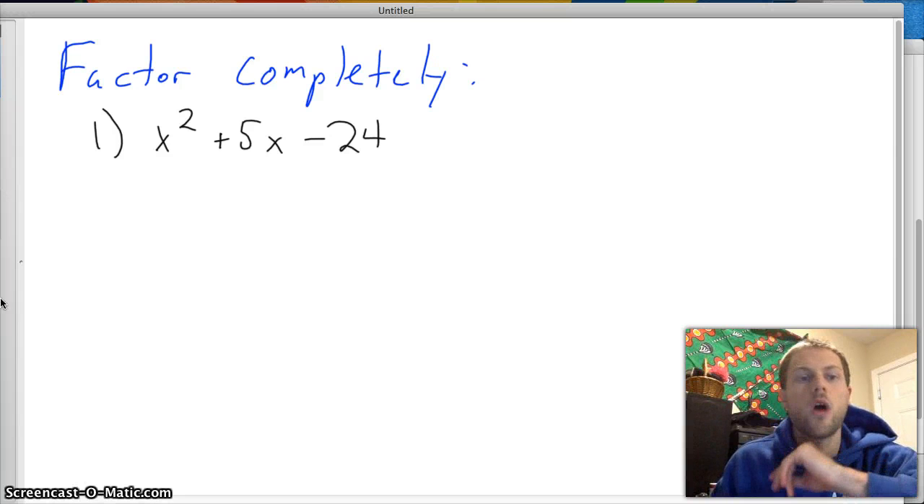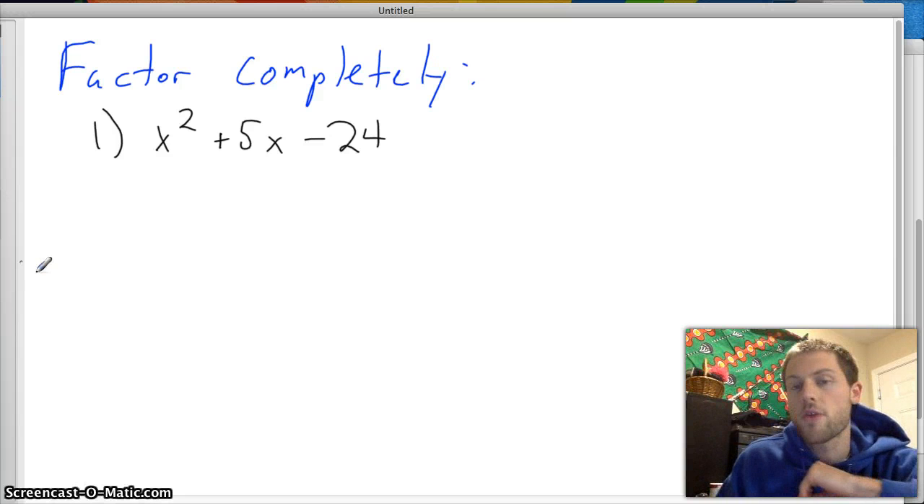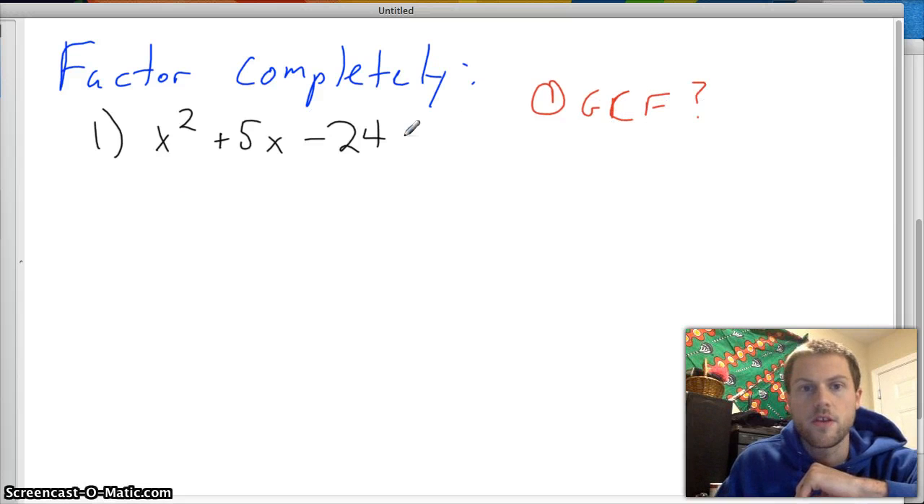So the first thing you always want to check for when you're factoring is whether or not there is a GCF in this quadratic. So is there a GCF? No, there is not. So what we're going to do next is we're going to check to see if this